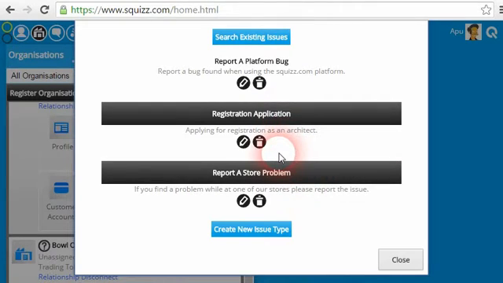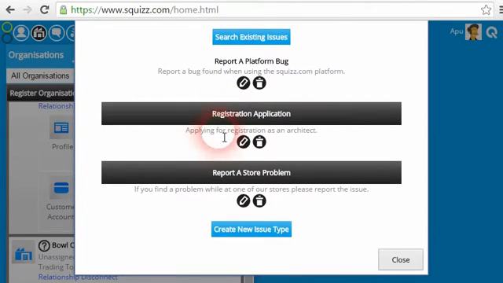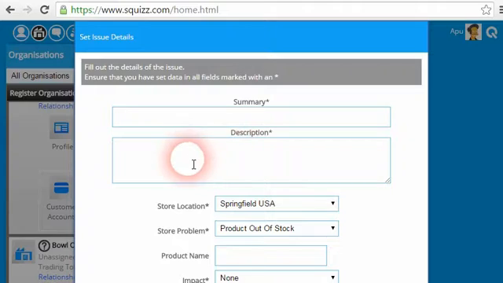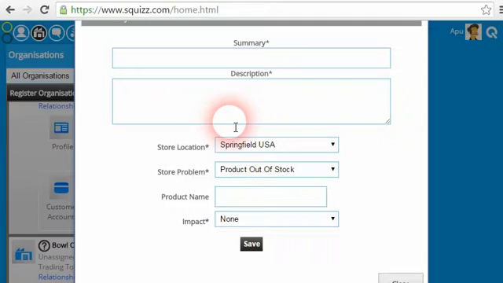So in this case, I have an organization called the Quickie Mart, and it has the following issue types. We have a registration application issue type and report a store problem issue type. So if I click on that button, I can now fill out an inquiry form which has been highly customized to a specific workflow that, in this case, Abu from the Quickie Mart wants to be able to capture people's